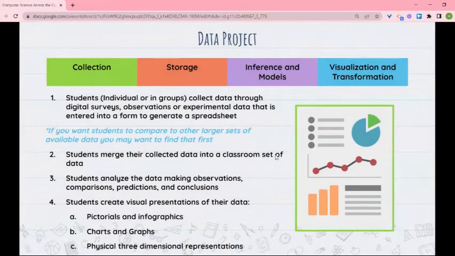This is kind of just a generic looking type of thing. The pictorials could be infographics, or some of those things where you might have